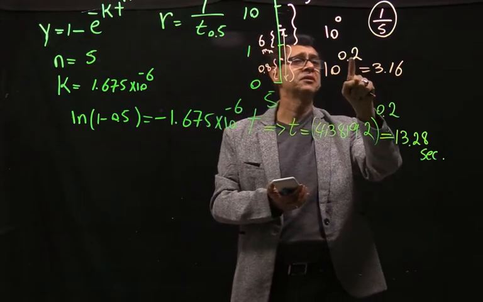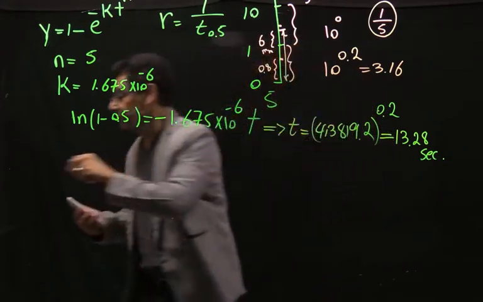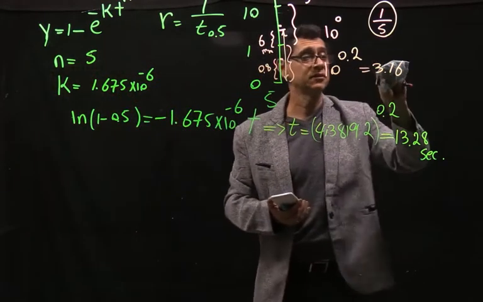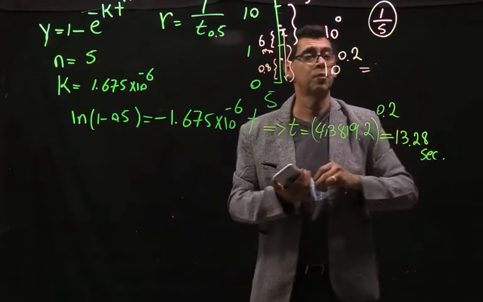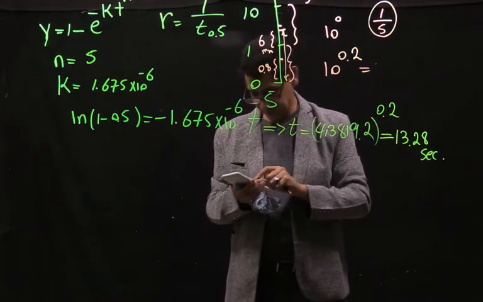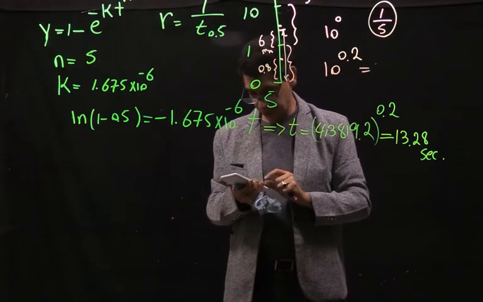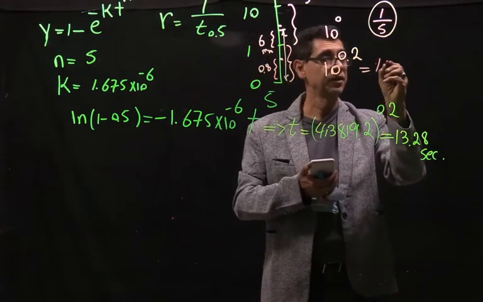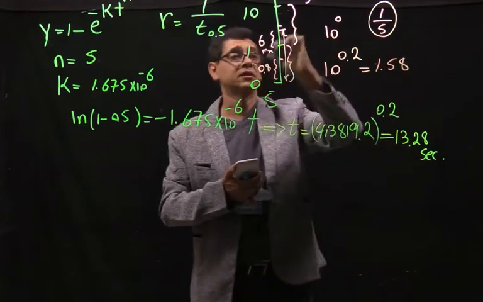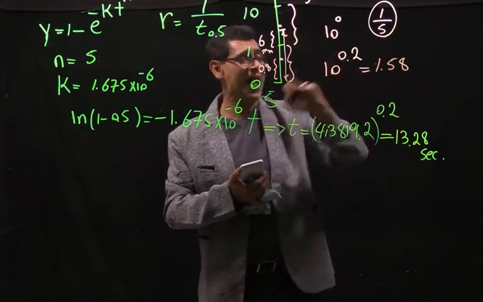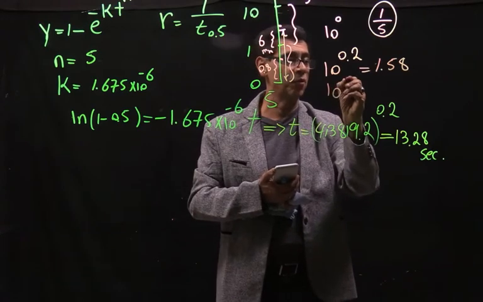Actually, you know what, I think I made a mistake here. This is wrong, sorry about that. This thing is 10 to the power 0.2, sorry, this is 1.58, that's this. If it would have been half, it would have been 10 to the power 0.5,